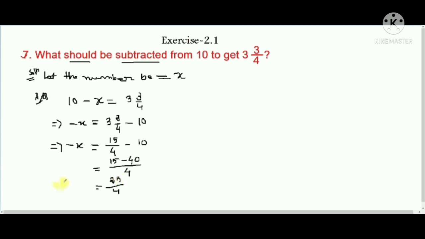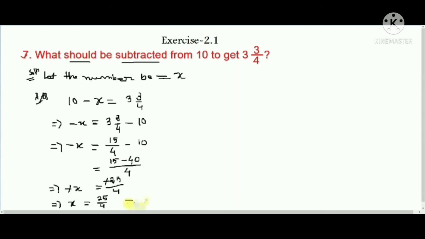Okay, there is 25, and then you see there is minus x, right? So here it will be minus x. So you see, which one is greater, there is plus 15, there is minus 40, so this 40 is greater, and the sign before 40 is minus, so here also you will give the minus sign. Okay, so now this minus and this minus will cancel out. Okay, so equal to give the equal sign, then what remains is 25/4. Okay, that is 25/4.